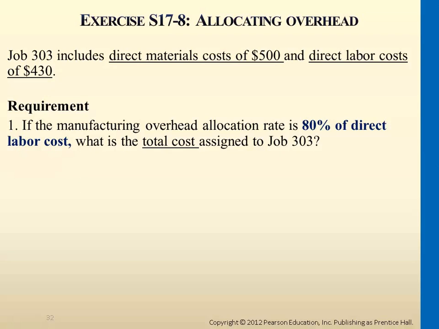The rate is 80%, right? So it will be 80% of this. So you use 430, that's correct. So it would be multiplying 0.8 here, because it's 80% of the direct labor cost that actually incurred. So the portion of manufacturing overhead you will be getting is 344, right? So if you add all these up,